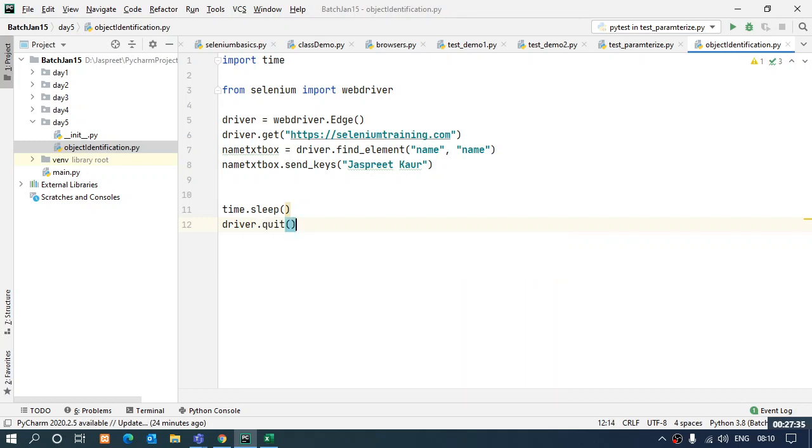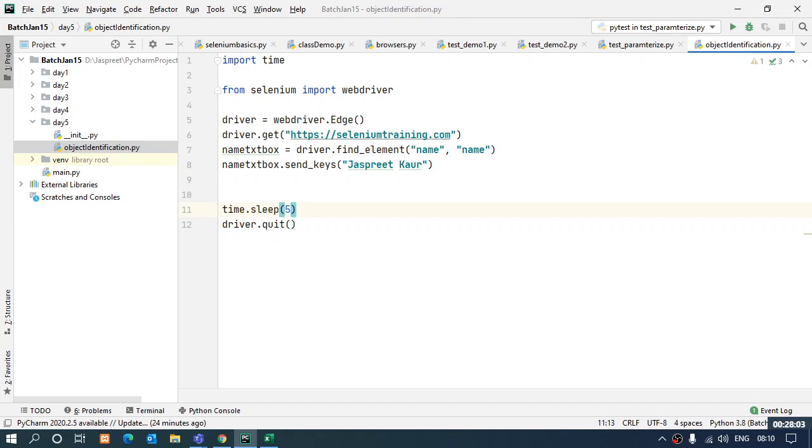Quit is the function which will close your browser which was under execution in this file. Okay, so this is a good practice. Even if you automate some browser, you can also do the same practice. It will help you reduce the number of browsers lying around and the confusion about which last browser you actually executed, right?